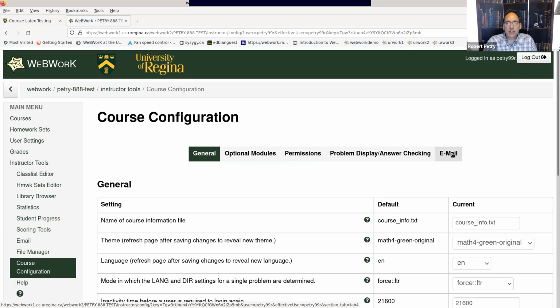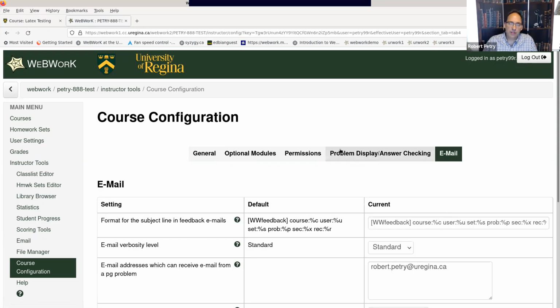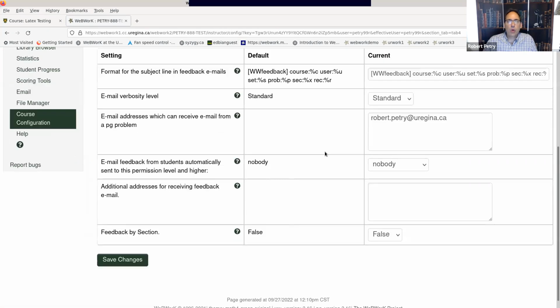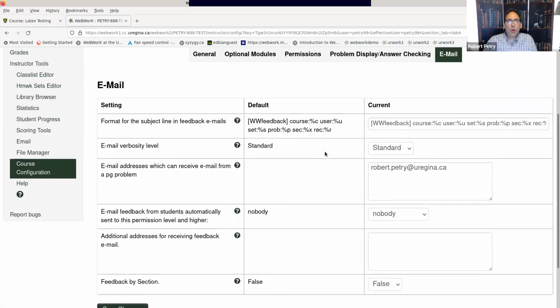The one I want to go to is this email option, because this is one thing that isn't set up by default. Within WeBWorK, when students are working on each problem, there's a button at the bottom that says email instructor. If you want students to be able to email you, then you will want to add your name down at the bottom. So I'm on the little email tab,